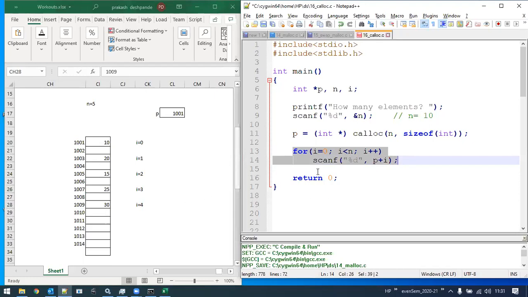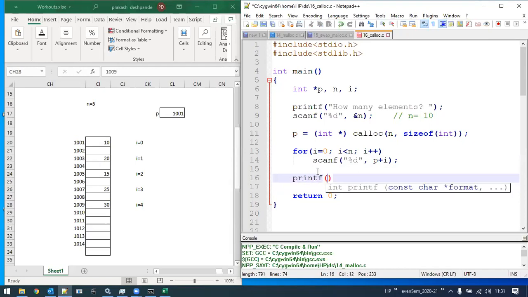Yes, sir. Right? Now, once the data is stored, we are going to display it. A simple input and output operation. So printf("The elements are \n").